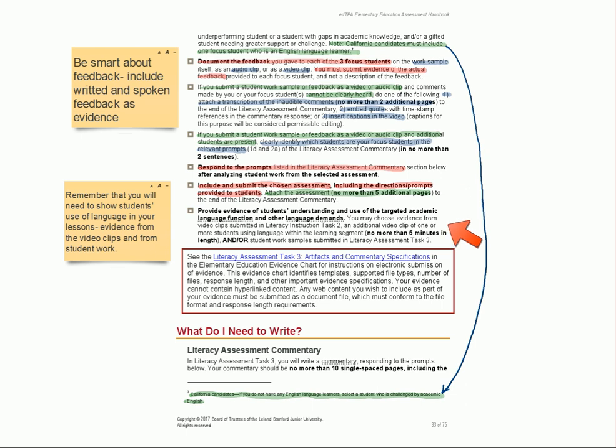And then lastly, this is all about evidence, this task. You want to provide evidence of students' understanding and use of the targeted academic language function and other language demands, all right? And it's a smart thing to use evidence from the videos that you made for the instruction task 2,